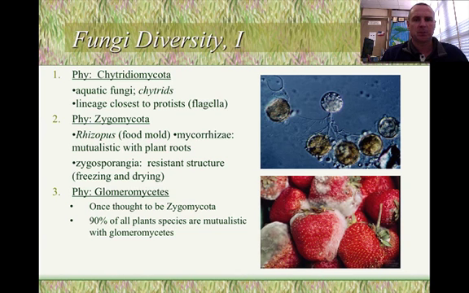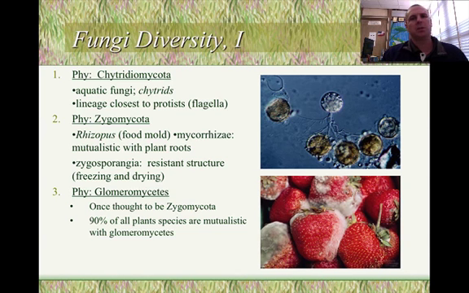They have the mycorrhiza, which is the mutualistic part to the plant roots that I just mentioned earlier, and they're most famous for the food molds like the bread, strawberry, etc. They have the rhizopus, which is the food mold that you see down here in the bottom right-hand corner. They also have what's called zygosporangia, which are resistant structures to things like freezing and drying, so they can survive through harsh conditions. Now, it was believed that these two phyla were the only two phyla on this page originally,